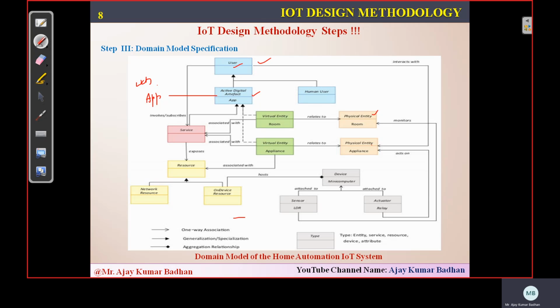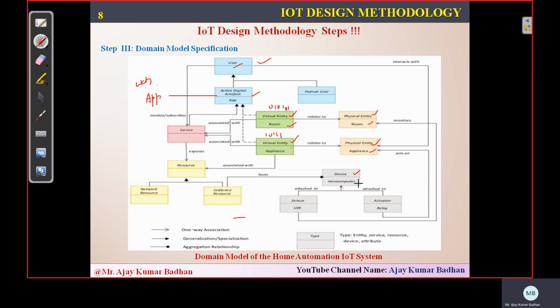Now, as I told you, there will be physical entities, and for every physical entity we will have a virtual entity. You can see there are two physical entities, room and appliances, and those two have virtual entities, room and appliances. Whatever entities we physically have will have a digital representation, like 0010, a number of bits. Based on these numbers only, it will perform the operation. And apart from that, we have something called devices. Now, these devices will perform different functions.